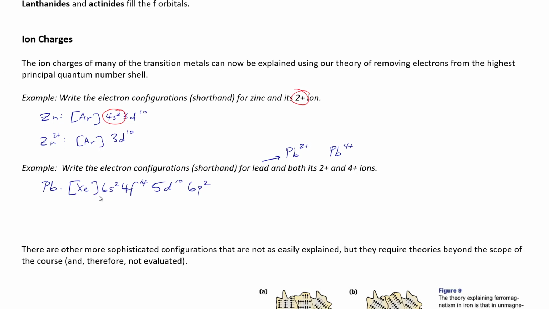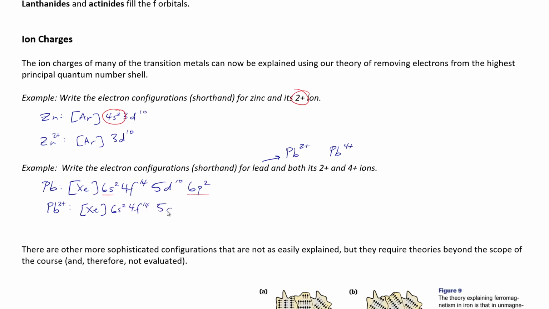This is its valence shell right here, 6s2, 6p2. So when lead forms a 2 positive ion, it's going to lose the 2 electrons in this subshell. Remember, it's got to lose them from the highest principal quantum number. So it loses it from this subshell first. So the 2 plus ion, which is, I believe, the most common form of it, is 6s2,